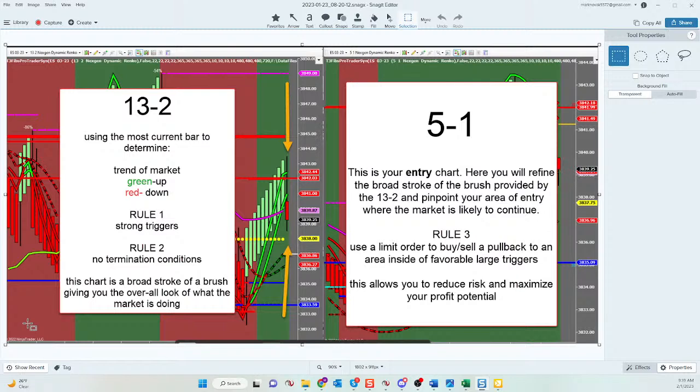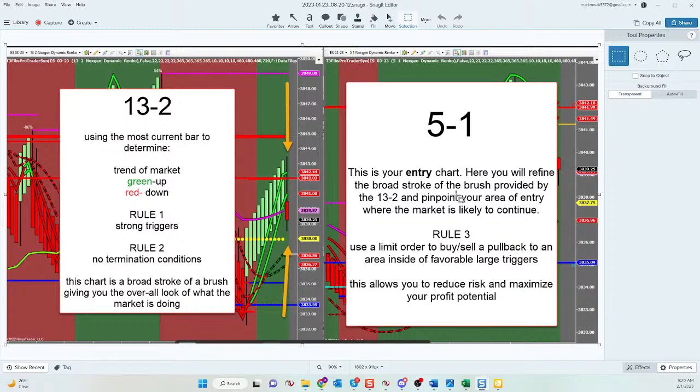Also on the 13.2, your first 2 rules out of 3 are going to be met on that 13.2 chart. And the only way you can turn your eyes to that second smaller chart is if these rules are true. Because the 13.2 is a broad stroke of a brush. It's the general temperature of the market. It's creating the advantage of trading with the trend. It lets you identify the advantages associated with rules 1 and 2. And then when those rules are met, and don't worry, we're going to talk about them in great detail, then